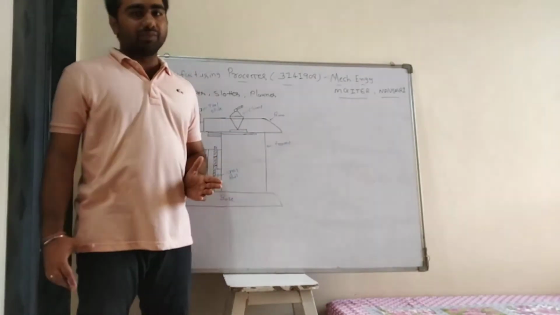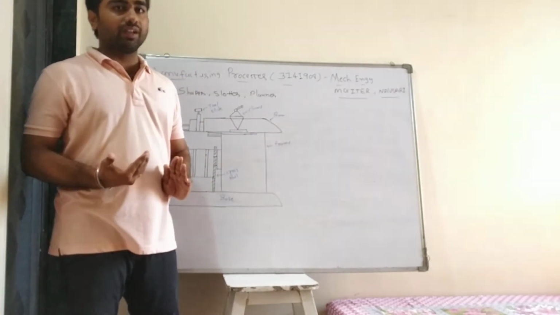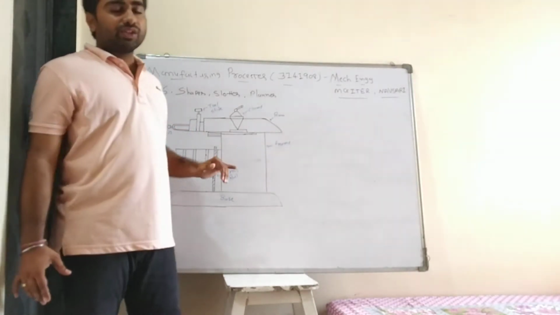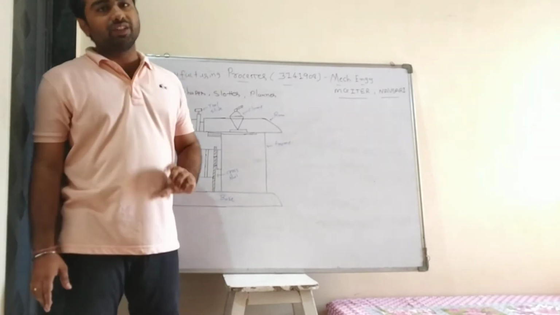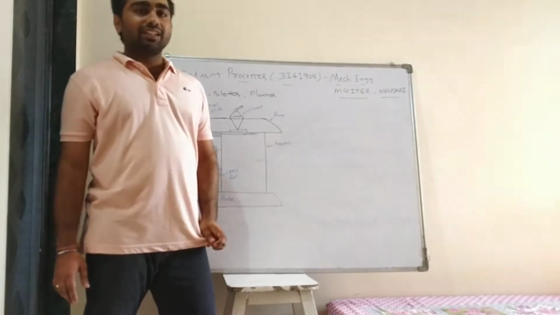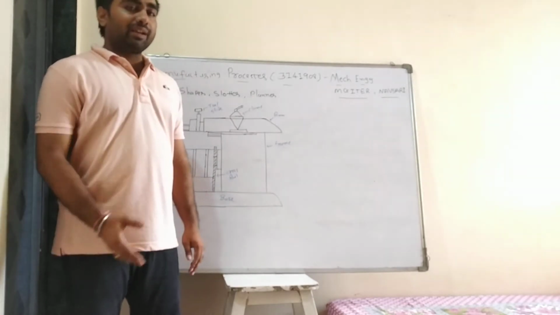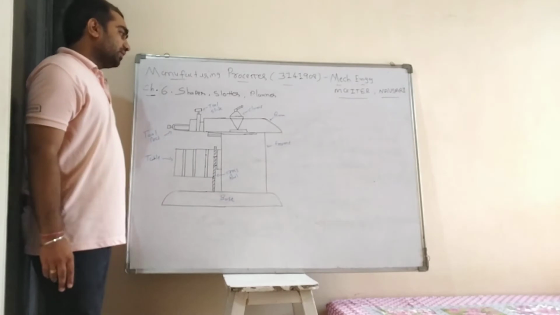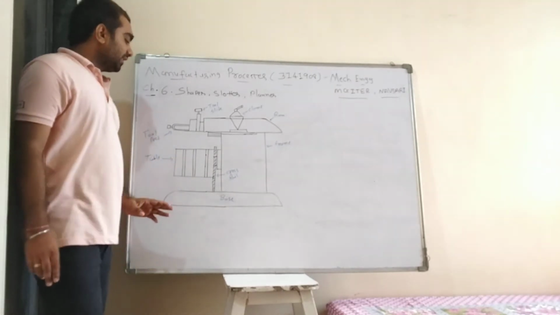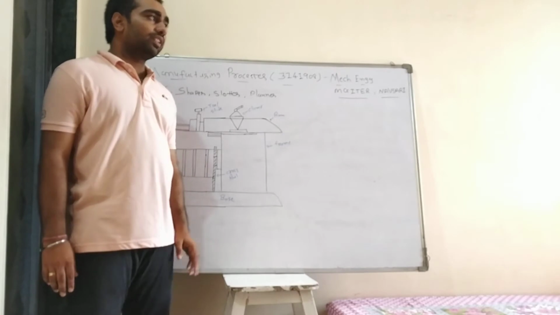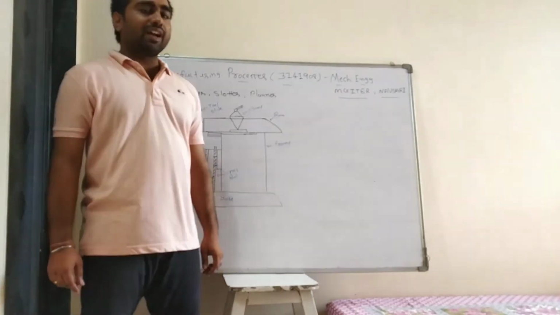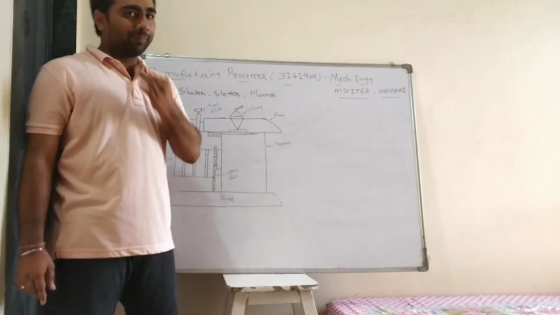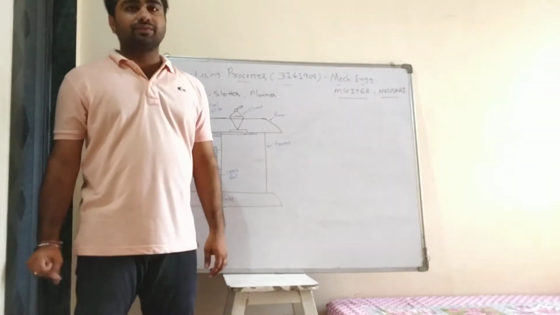The advantage of lifting the tool on the return stroke is that otherwise the tool would touch the workpiece, and there would be a chance of scratching it. That's why the ram is lifted by the clapper on the return stroke. So there are two types of stroke, forward and backward. This is the simple construction of the shaper machine. Even hard material can be cut on this machine. It is the most important machining for your studies.